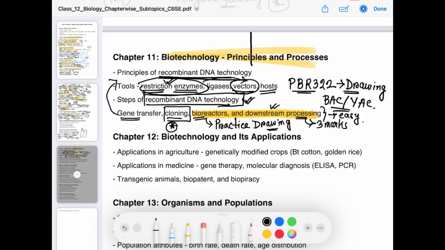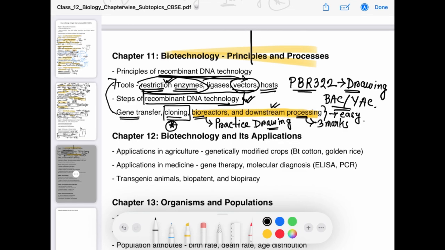If your concept is not clear, you will not be able to understand the question properly, and you will not be able to write the answer properly. So you need to know about all these concepts properly. Okay, so start reading, start revising the NCERT properly, step by step, following the subtopics. Okay, next is